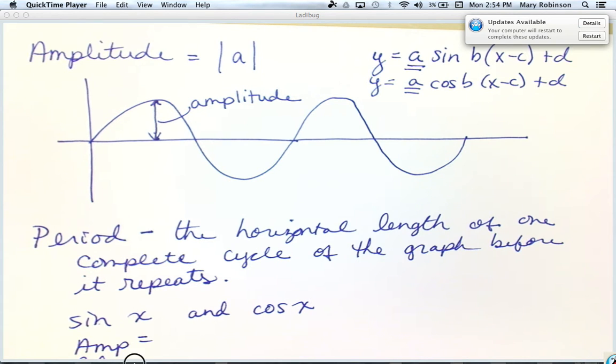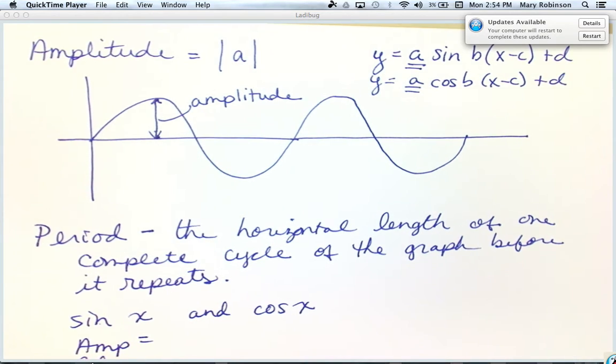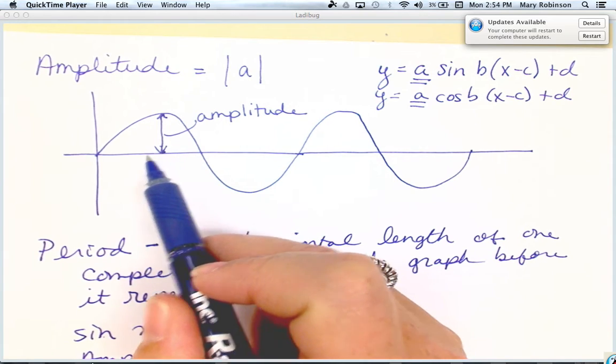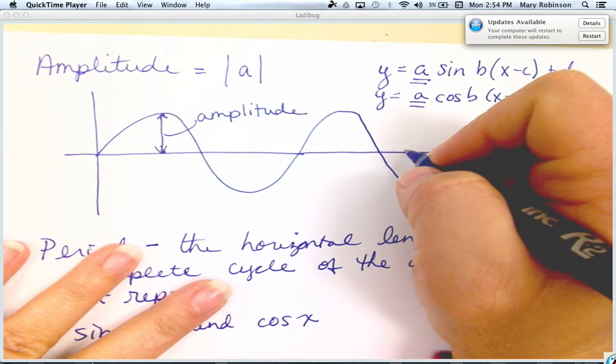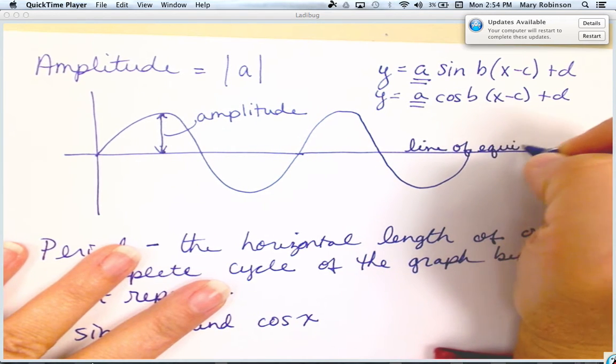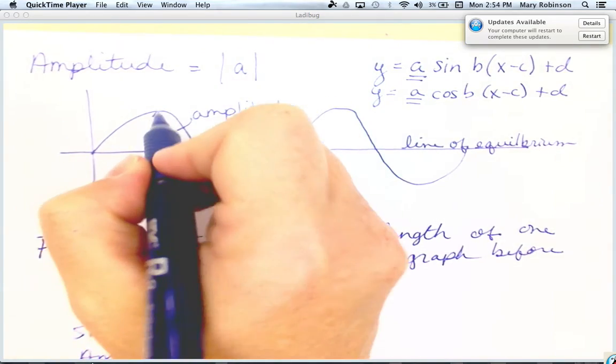So in this video, I'll be talking about amplitude and period for the assignment given in class. Amplitude, if we take a look at this general sketch of a sine curve, then I've got marked here that our amplitude is the distance from what we would call the line of equilibrium, where it's neither increasing nor decreasing,